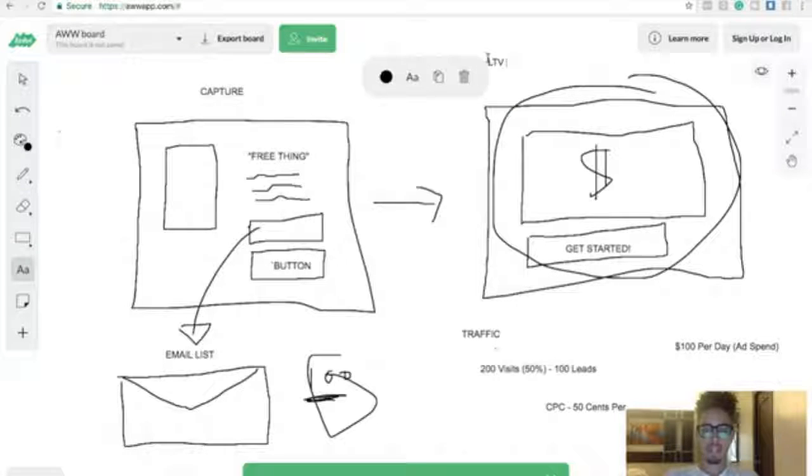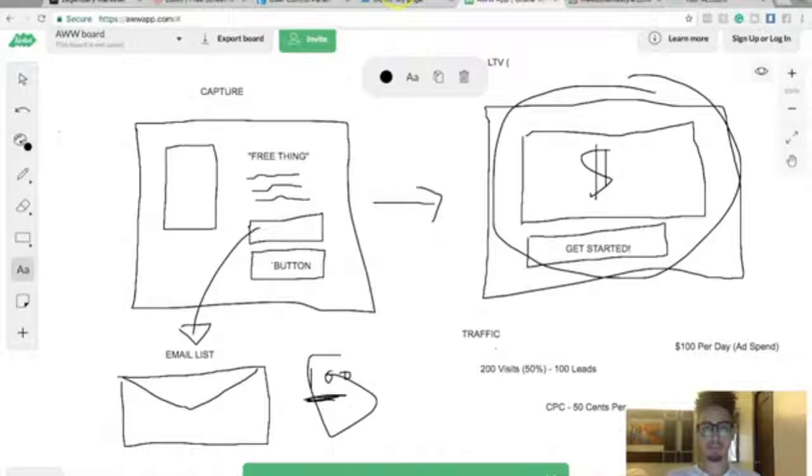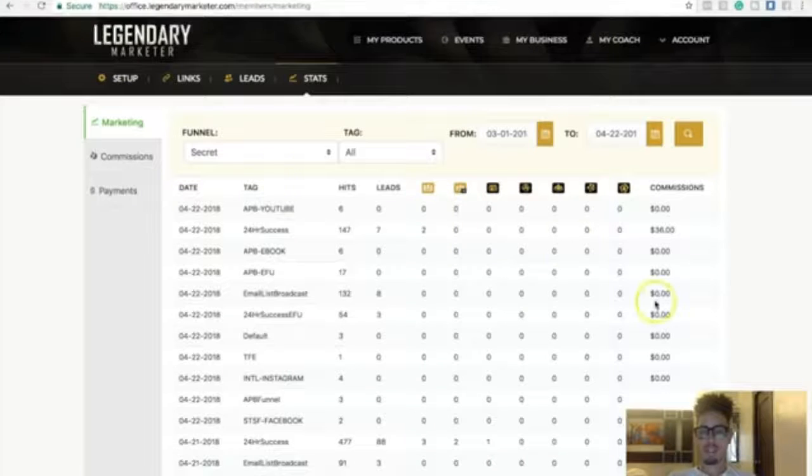Long-term value means when I acquire a customer, just to give you guys an example, 2 customers made me $36. 3 customers made me $261. So while 2 customers generated $36, over here 3 customers generated $261.